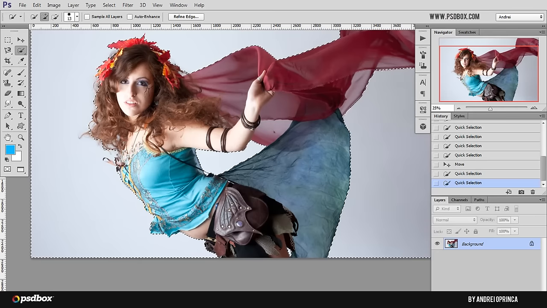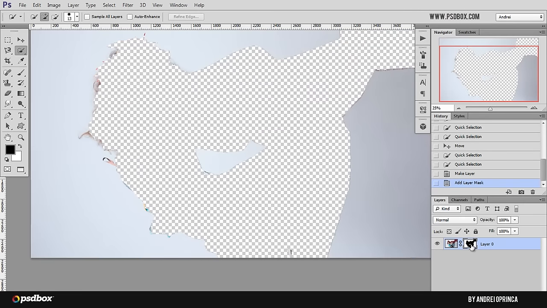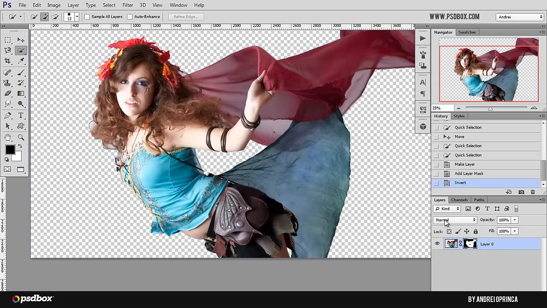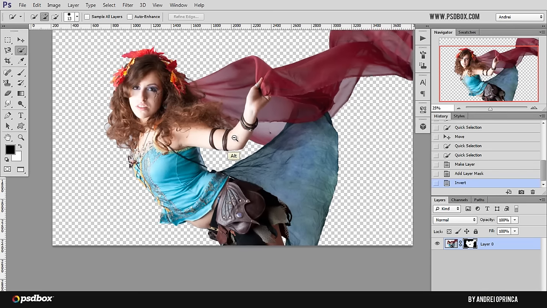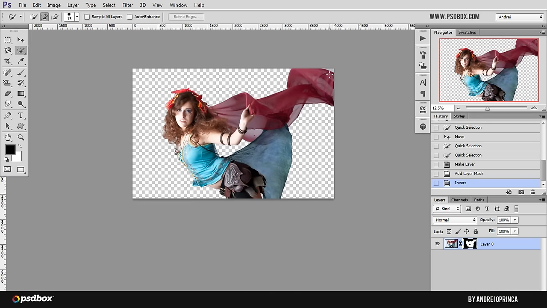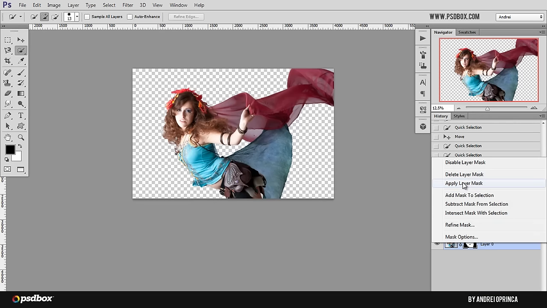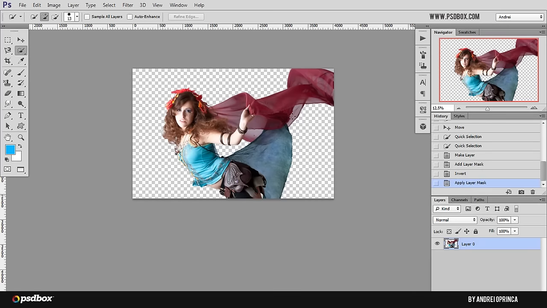Now I'll click this layer mask icon to mask the image, and you can see it's inverted, so press Ctrl I to invert the layer mask. Now we're good to go. I'll still have this part there, but we will mask that. And now right click on the layer mask and select Apply Layer Mask,